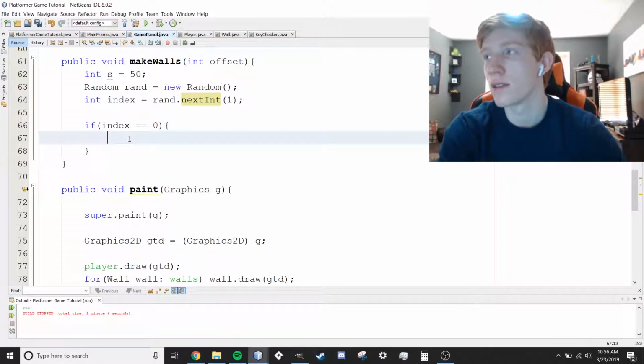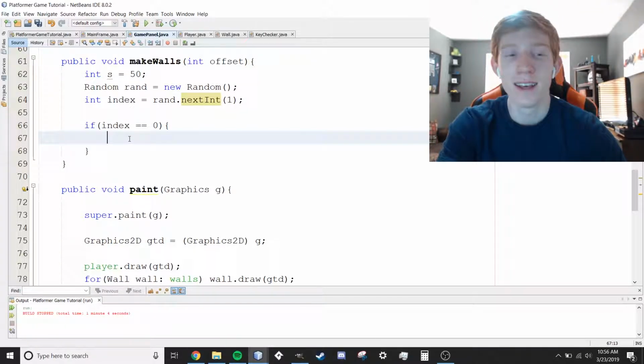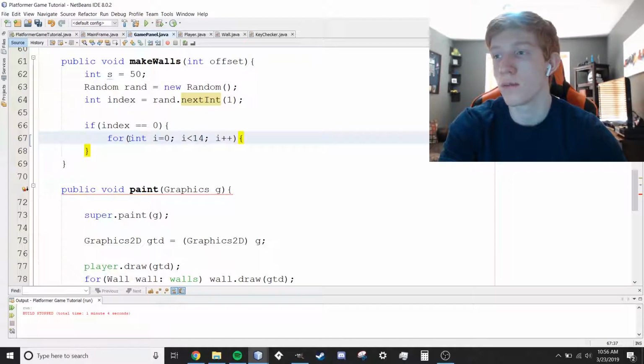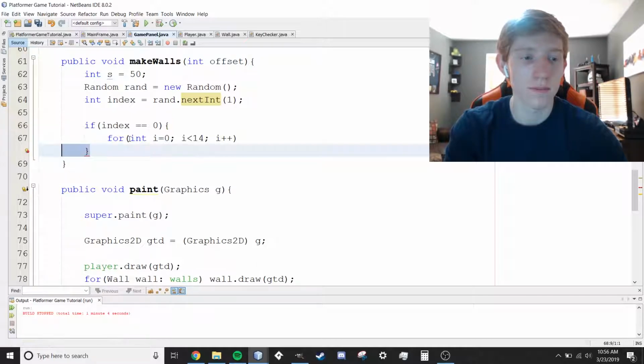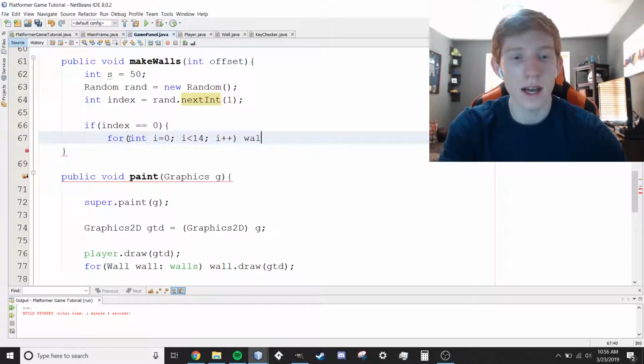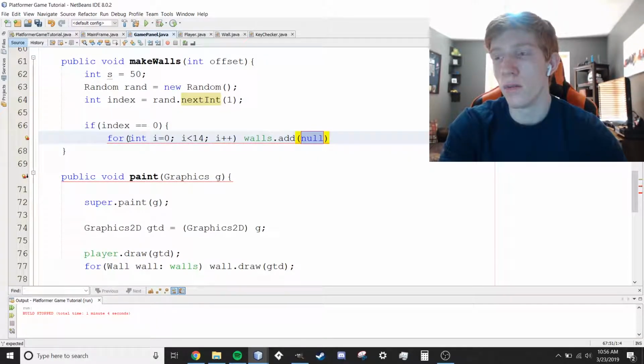And I actually don't have this one on the screen, so I'm going to have to do this one from my head. So we're going to say for int i equals 0, i is less than 14, i plus plus. This is just going to run the loop 14 times. We actually don't even need brackets, I don't believe. I should be able to do this all in one line. We're going to say walls.add. Remember, walls is our array list of walls. walls.add a new Wall,